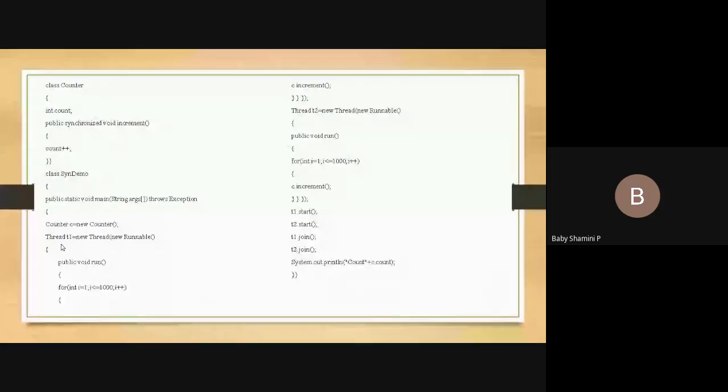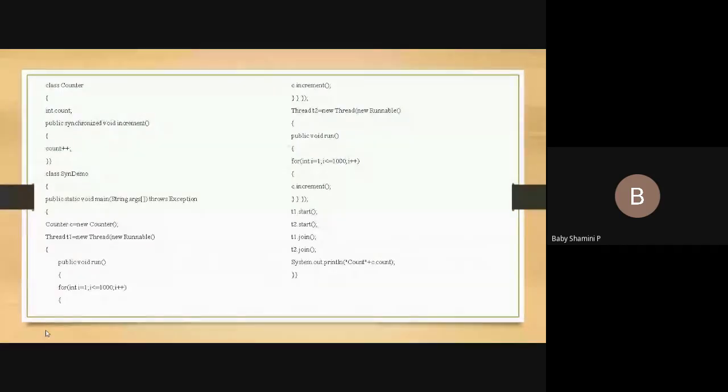Why? Because Thread is a class present inside Java. Java contains one class, that is Thread, and inside Thread we have a method run. We have to follow the same procedure, that is public void run, or void run, which is also acceptable. But we cannot declare the synchronized keyword here, because we are overriding the run method which is present in the Thread class, and I'm using a user defined run method. Inside Thread we have a run method, but here we are using the concept of method overriding.